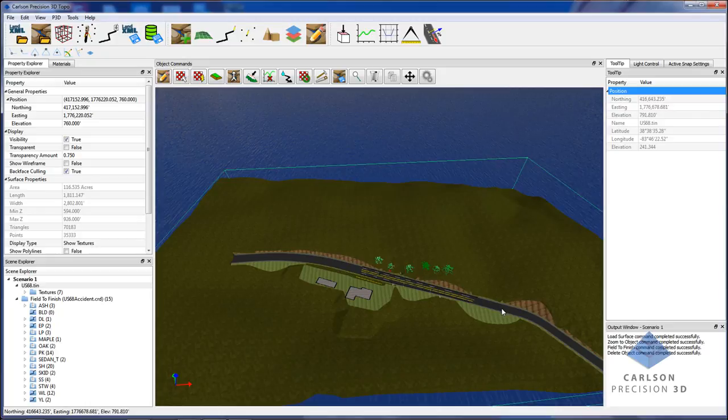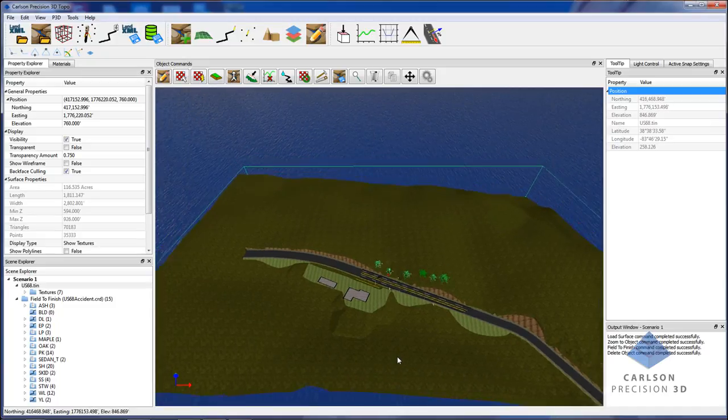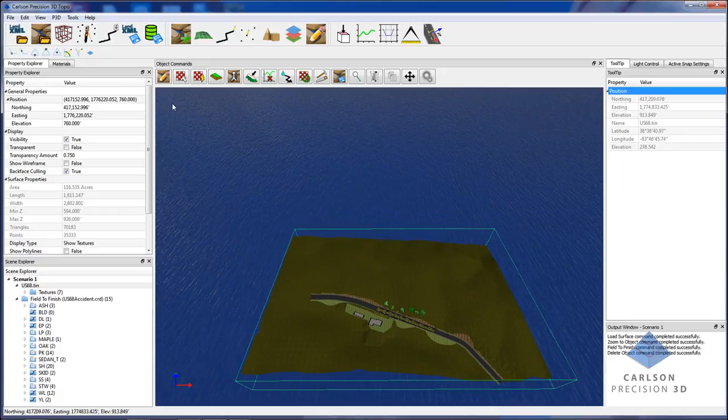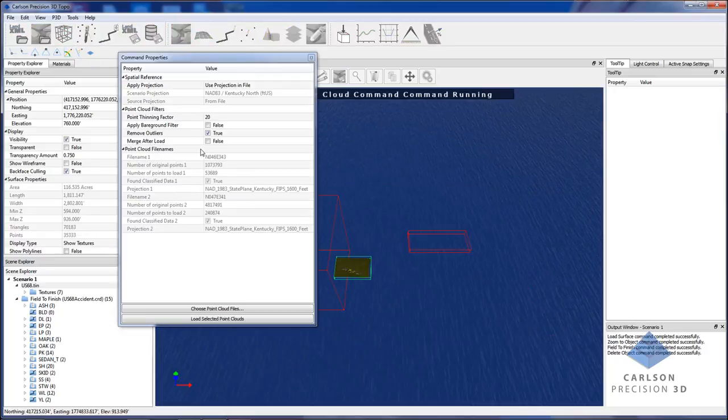So in a more normal work case, you basically would get this road and the daylight lines, and you wouldn't necessarily have the surface of the existing ground around it. So I'm going to show you how we can use free LiDAR data that's provided by almost every state in the United States and load some point clouds. So really quickly,